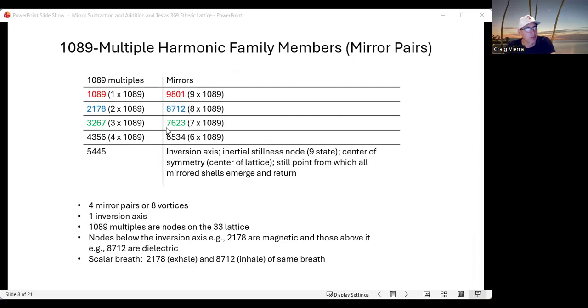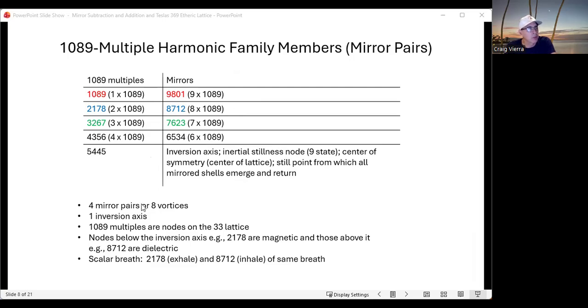It's like a harmonic family, and then one other number, which is 5 times 1089, is 5445, and it doesn't have a mirror pair. This is what I'm going to refer to as the inversion axis. You can think of it as the inertial stiffness node when I show you the actual lattice. So it's the center of the lattice, the still point from which all mirror shells are going to emerge and